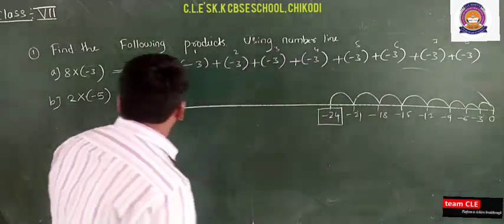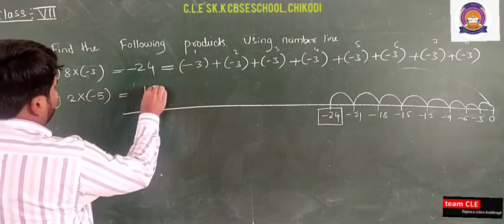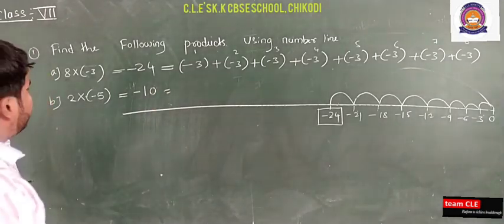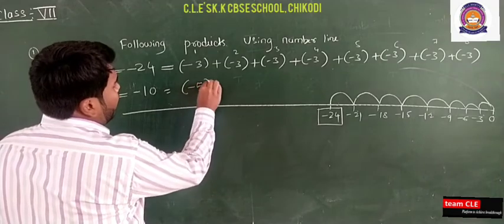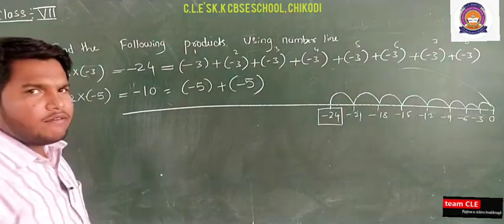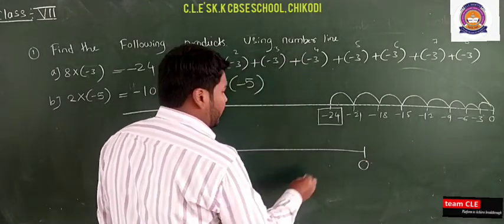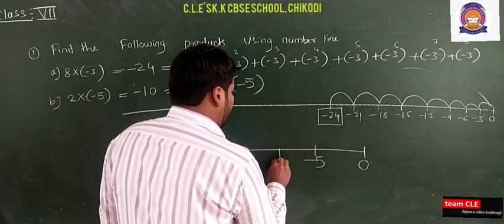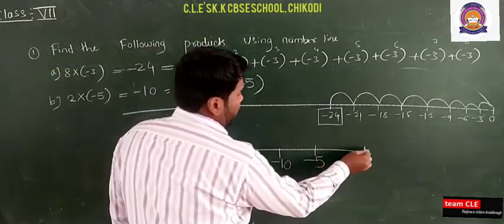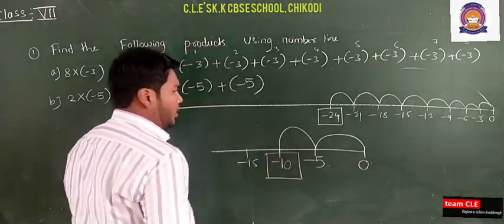Okay, so this is about the concept. One more: 5 2s are 10, plus into minus is minus. You are getting minus 10. So you can write this as minus 5 plus minus 5, and you can draw the number line. I choose 0. I take the 5 table and write minus 5, minus 10. So I go from 0 to minus 5, then to minus 10. So this is your plotting of the product on the number line.